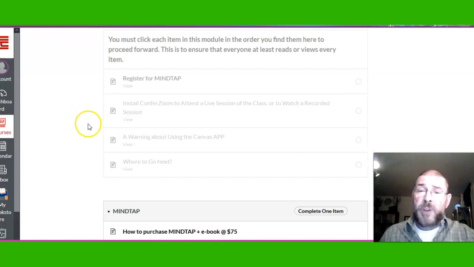And there's also a section here about when to use and probably not to use the Canvas app. So if you are using the app on your device, there are some things you probably don't want to use it for, because I keep hearing from other instructors that it causes problems sometimes. So definitely make sure you take a look at it there. And then the last item you're going to see here says where to go next. Okay, so I'll kind of tell you where you're going to shove off from there and start getting into the